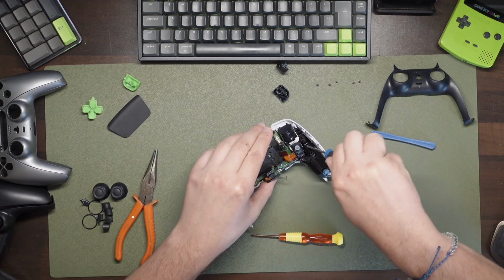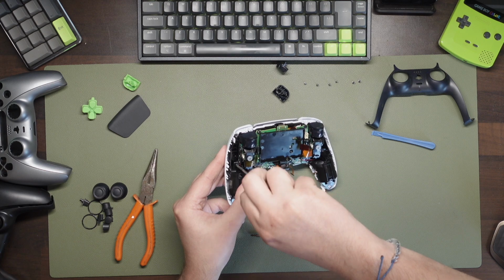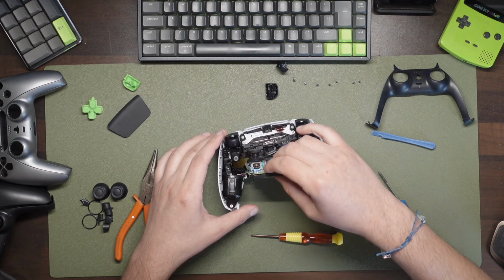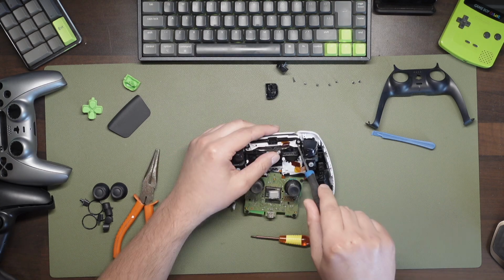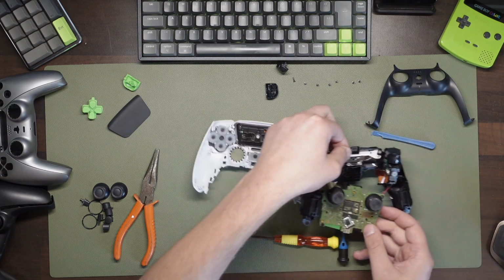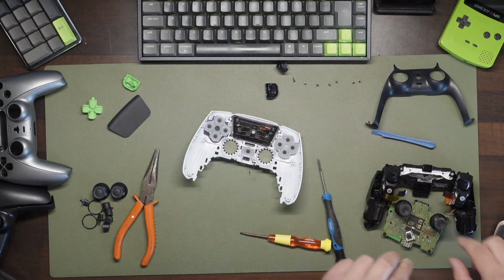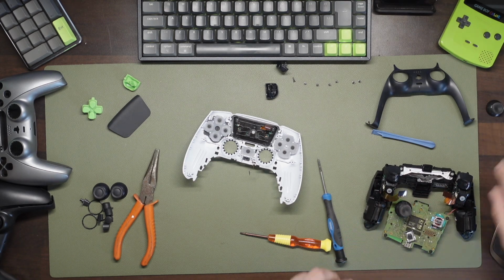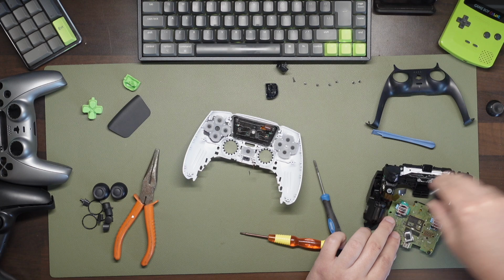Once these are removed, there's another screw on each side just above the haptic motors that needs to be removed. Then we pull the board forward and remove the last 2 screws underneath this. Once these screws are out, you can then remove the entire board, haptics and trigger assembly straight out of the shell. You can remove the thumbsticks now if you want to by simply giving them a firm tug that would